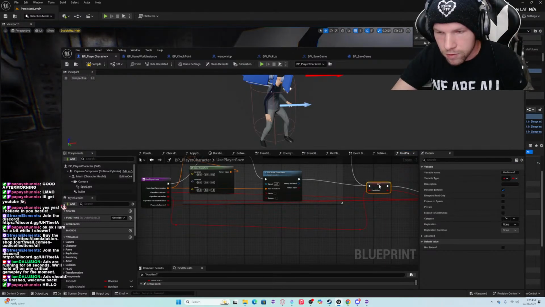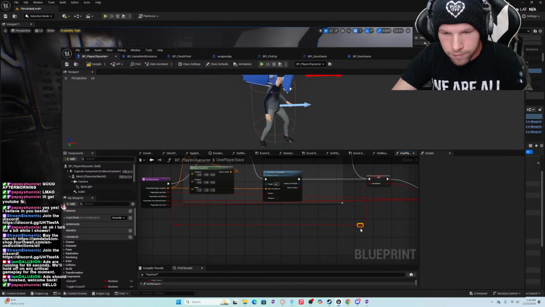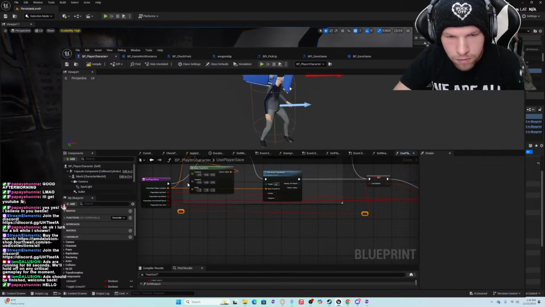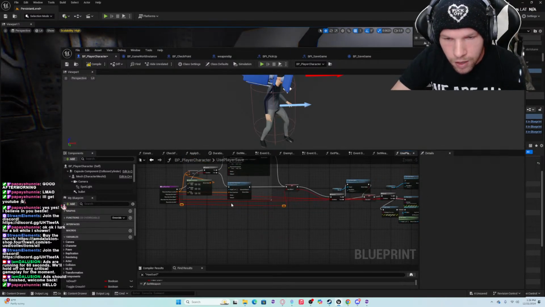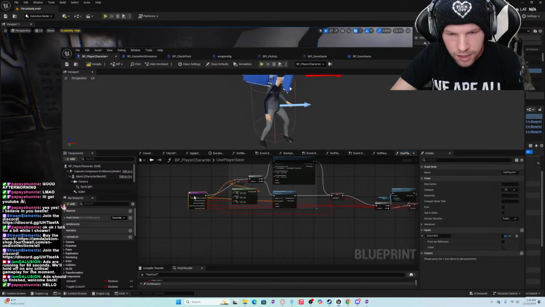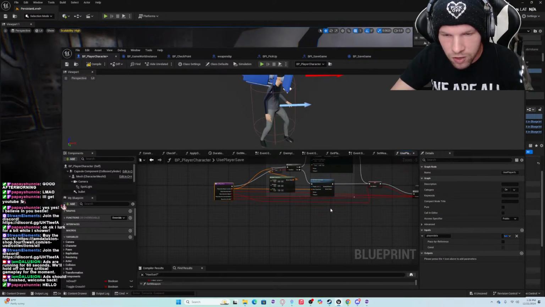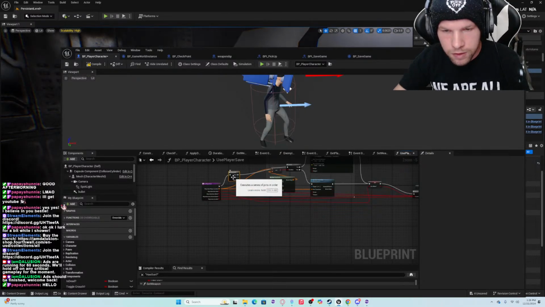I'm going to get whether it has the melee. Let's move these up like so. I almost wonder if I should do this as a sequence instead of one big strung out thing. Let me try that. Sequence.